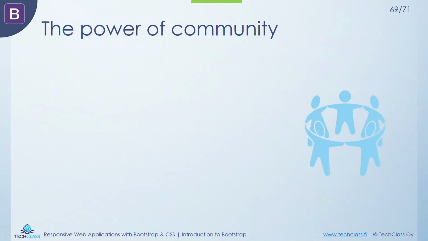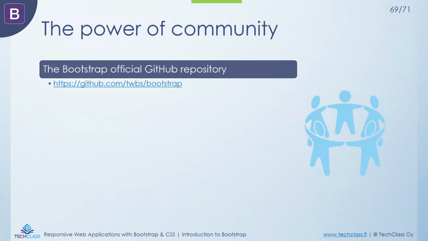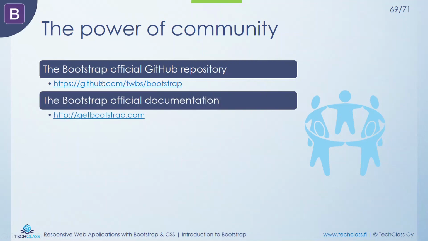Now let's talk a little bit about the power of the community of Bootstrap. So there are different communities which you can also get the best out of. The Bootstrap official GitHub repository is available in this link. You can actually download all these various versions of Bootstrap, even the old ones. Sometimes in some projects you may need a bit more outdated version of Bootstrap, so you can also get it from there. And here we have the Bootstrap official documentation. You can rely on the material there as well. If something changed, then that's the first place where they